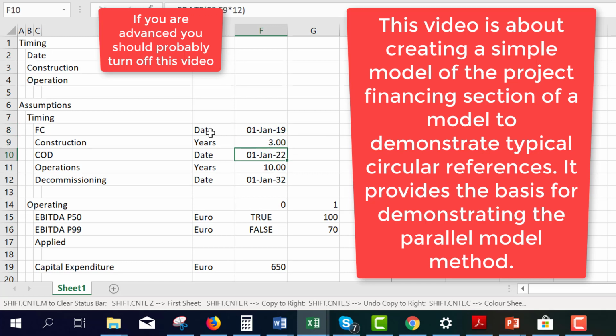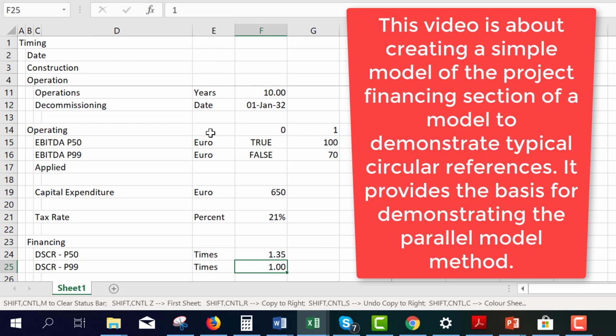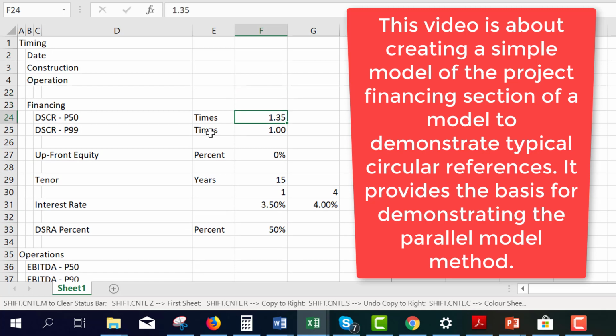I'll work through some of the assumptions. I'm going to put a P90 and a P50, and a P99 and a P50, in here so we could size the debt with the two different methods later on. Don't do this now; it's not going to be done right now. I'll put some CapEx in and the tax rate. Then some financing, this time a little bit more, either with P50 or P99. I'll put some upfront equity,